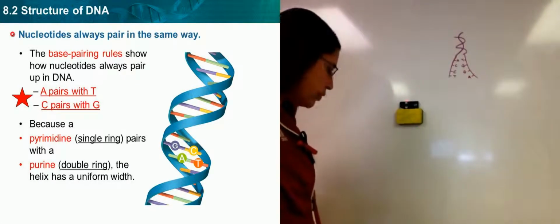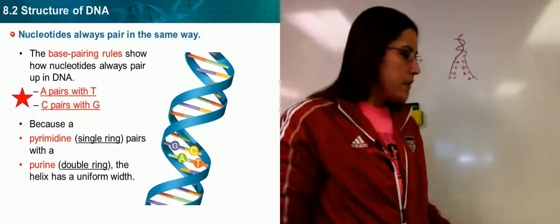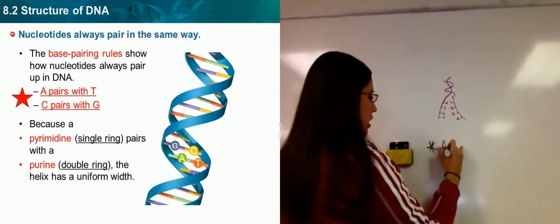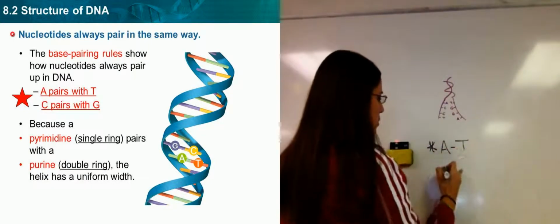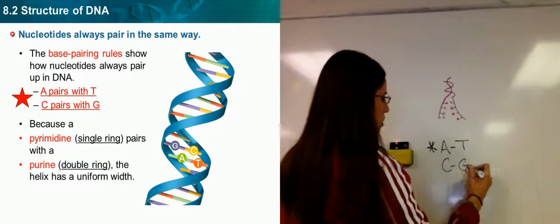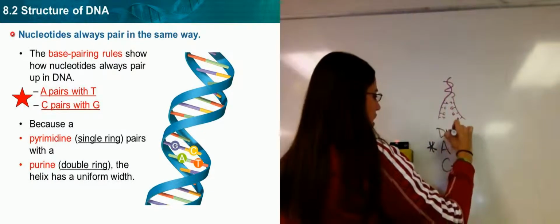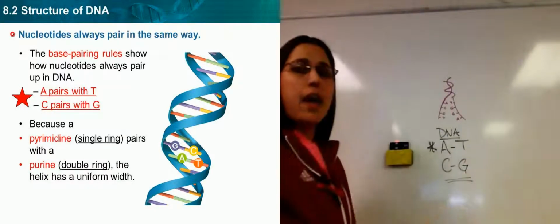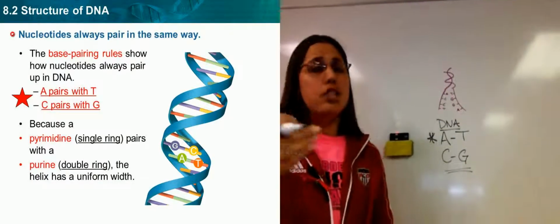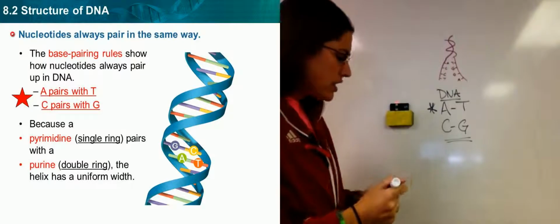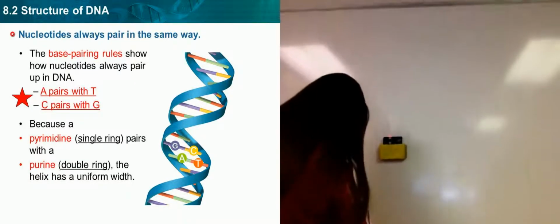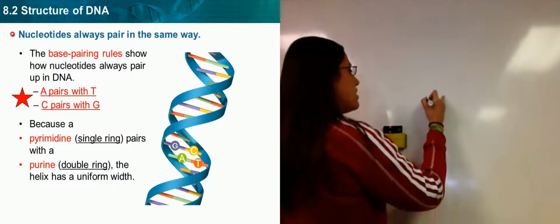But the one thing I really want you guys to understand is that the main key, like if you could just memorize this one thing, memorize that A pairs with T and C pairs with G, and this is for DNA. And it's the same flip-flop. T will pair with A and G pairs with C. If I was to give you a sequence of letters, and that sequence of letters just included A, T, C, and G,